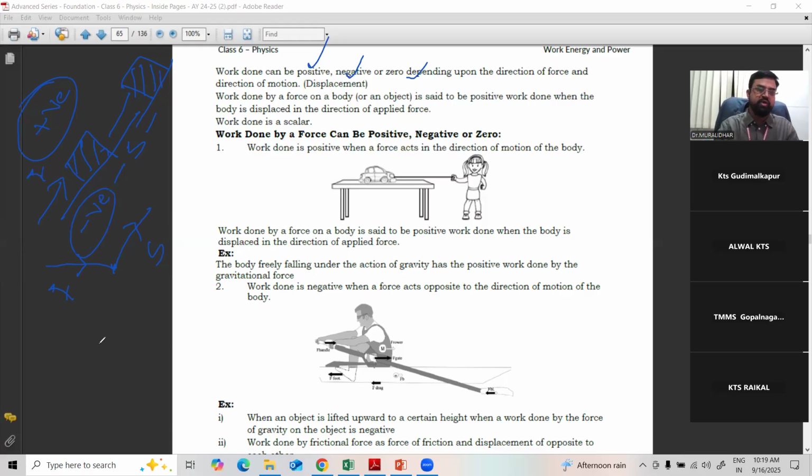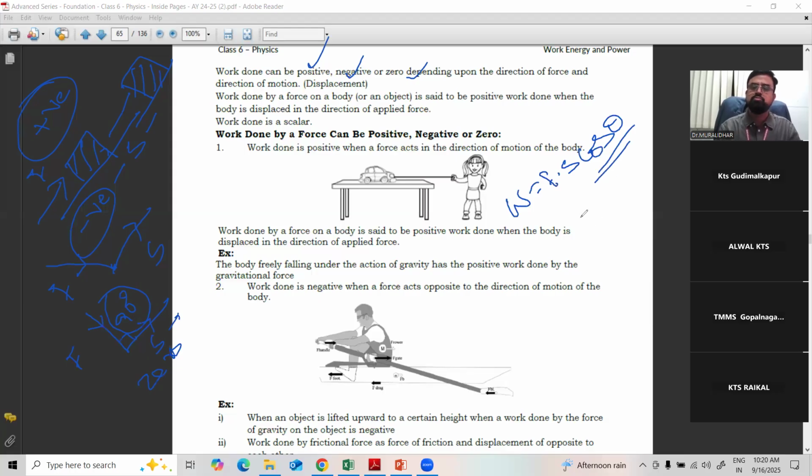If the force is acting vertically and the body is moving horizontally, with an angle of 90 degrees between them, then work done is zero. Why? Because when the angle comes into play, the work done formula is F into S cos theta,